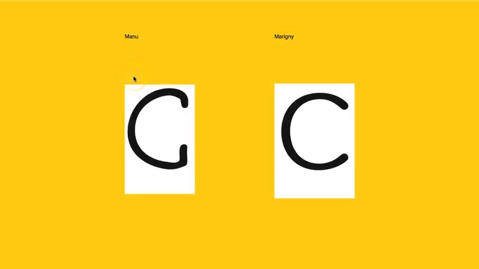And again, the C. In the C, we can also see this idea of angularity. There's a certain angleness in Manu that we see across the board. Because notice the round is not as perfectly rounded a shape. It's much more like, imagine a triangle. You can almost see a triangle shape in this C versus the more elliptical nature of the Marigny